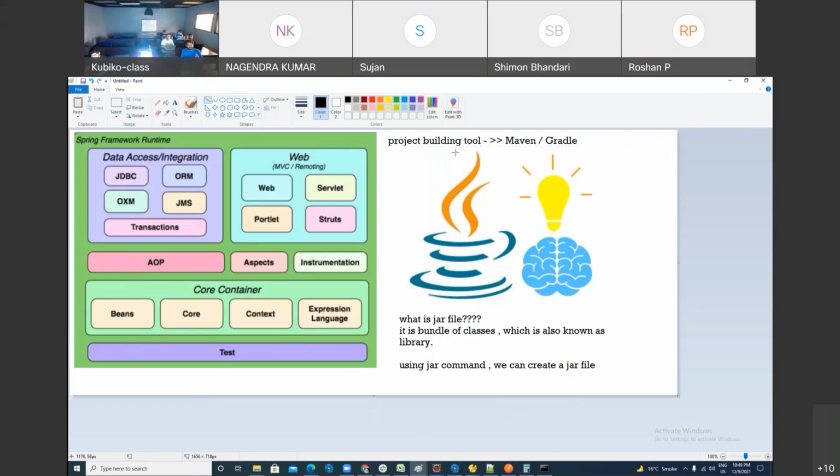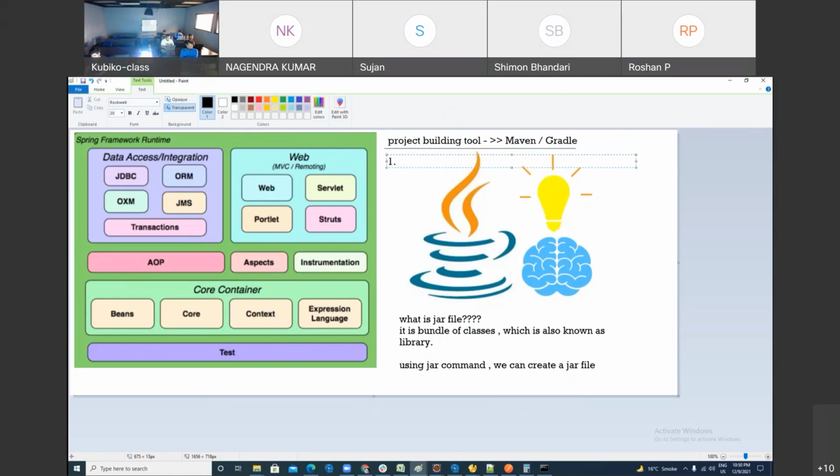So what does this project building tool do, any guess? It does many things all together. First, it can create a folder structure. Second, it can download jar libraries and apply the library for the project.